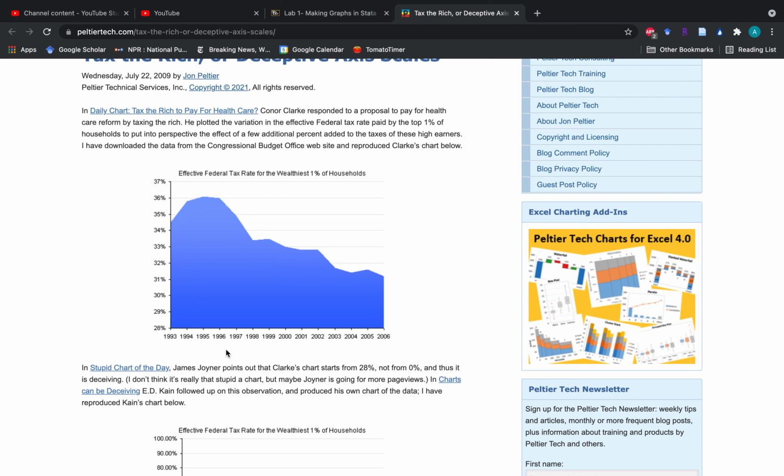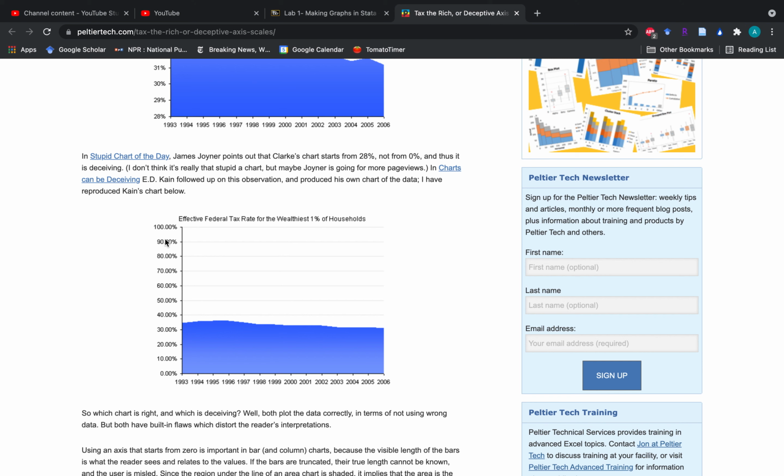Now let's see what happens when we change the axis from 0% to 100%. Look how stable that actually looks over